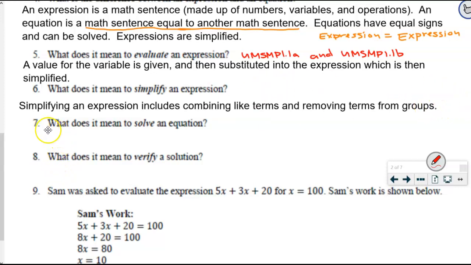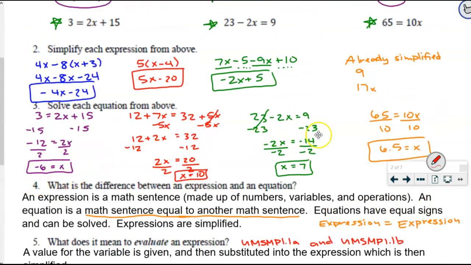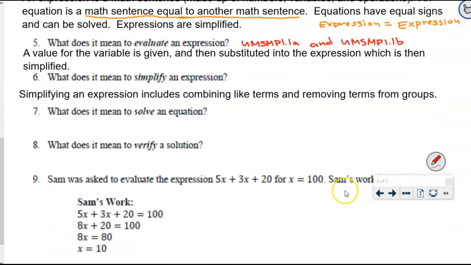Let's try this one. What does it mean to solve an equation? You guys solved these equations, but what does it actually mean? Charlie knows because she gave it as part of her definition earlier. Let's see if anyone else paid attention to what Charlie said. Danielle. I wrote down that it's like to find out what